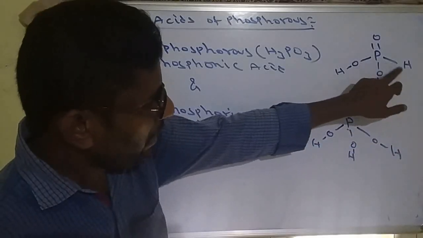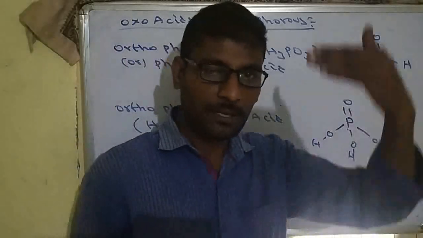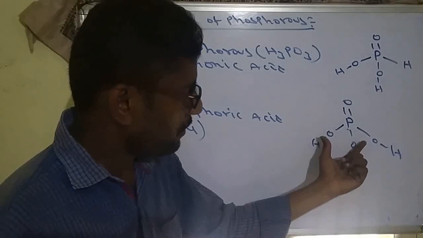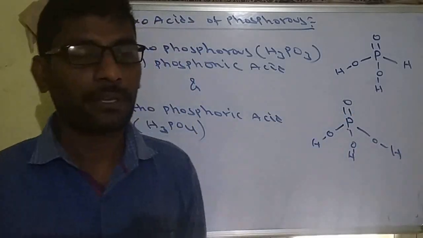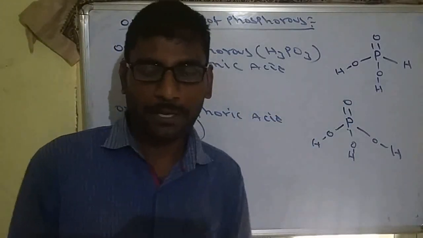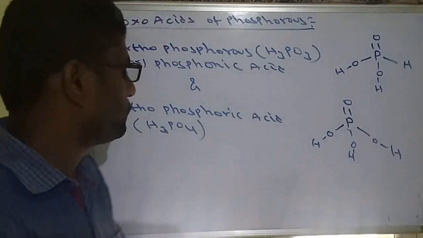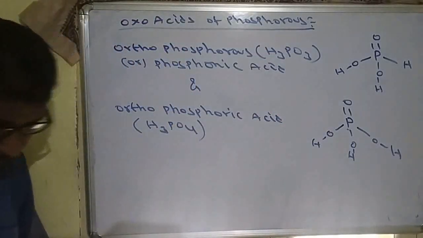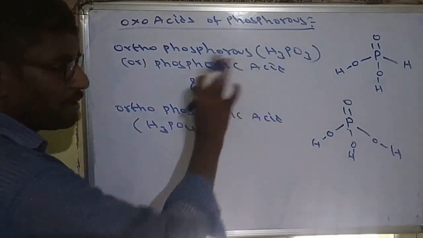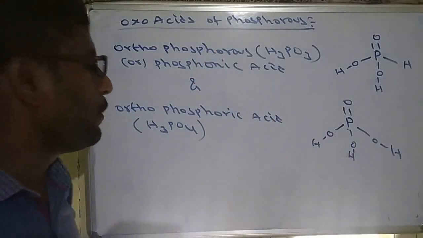Also the central atom has hydrogen. So wherever the central atom has hydrogen, that is called a reducing agent. In hydrides I explained, this is a P-H bond. That is a reducing agent. But here there is no P-H bond. It is non-reducing. So the property is most important: which is reducing, which is non-reducing, which is tribasic, which is dibasic, monobasic. Any of these question types can be asked. So these are the oxo acids. Now, these two formulas we just have to remember. Remaining formulas will come automatically.